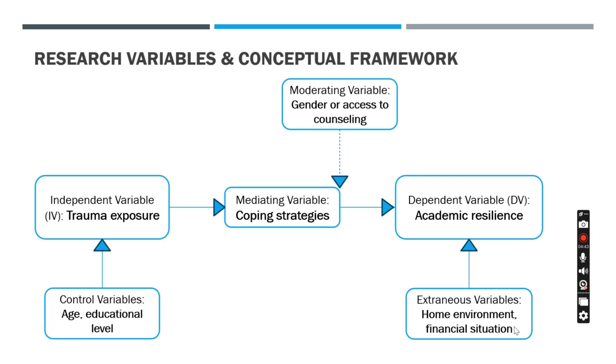And here are extraneous variables, like the home environment and financial situation. These can also intervene and affect the dependent variable, and we can also have others that affect the independent variable. So this is